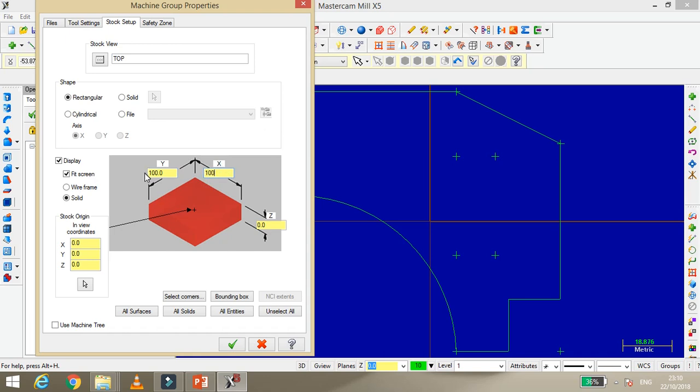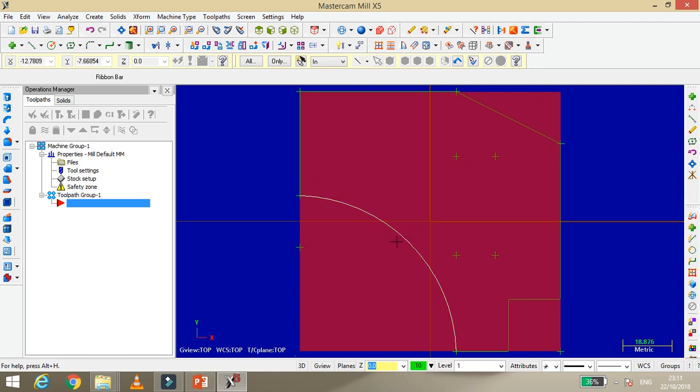They have mentioned that in stock setup they have to use 120 and 100. But the problem is that during operation we need to select the last two, and it creates a problem in facing and for external also. They mentioned 5, but plus tolerances we take 7.5. 2.5 is the solid tolerance, and Z is 2.5 tolerance for that. Just click on OK. The stock is ready.